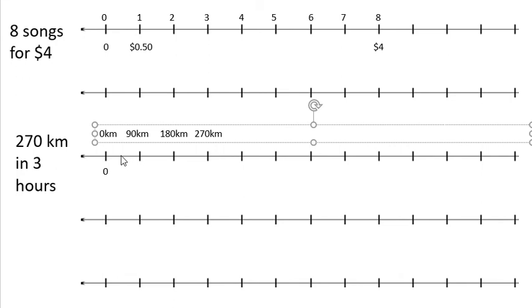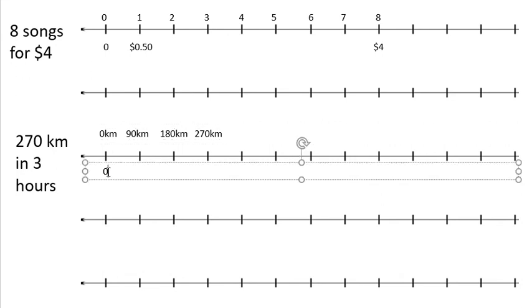Coincidentally, when I labeled each of these in 90 kilometer increments, I only have 3 increments. I only put 3 of them there, so I've got 3 intervals here. So if it's 270 kilometers in 3 hours, this would be 1 hour right here. So in 1 hour, I have gone exactly